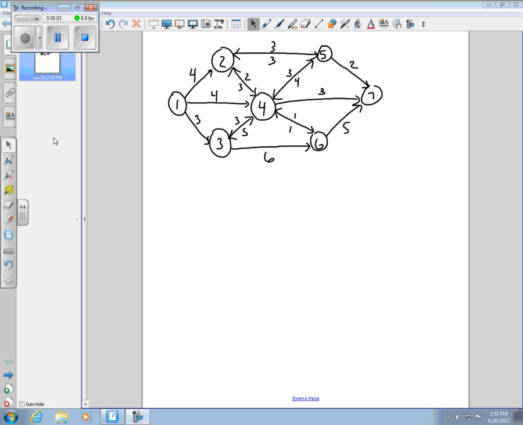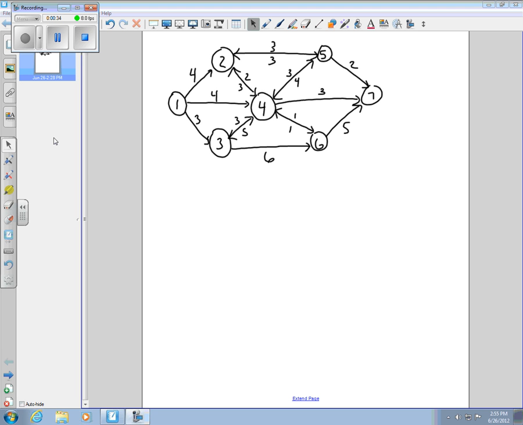Okay, for this video, we're going to discuss something called a maximal flow problem. A maximal flow problem doesn't try to, it actually discovers what capacity is possible along a network. So this network might be roads, and therefore it would represent how much traffic a system of roads could handle. Could be plumbing, could be telecommunications, but we're trying to figure out how much traffic in this particular example can